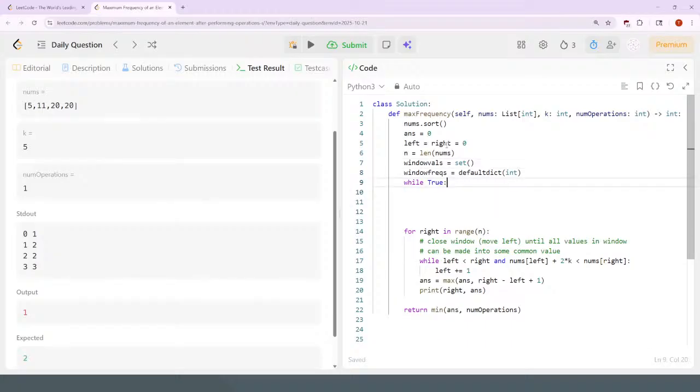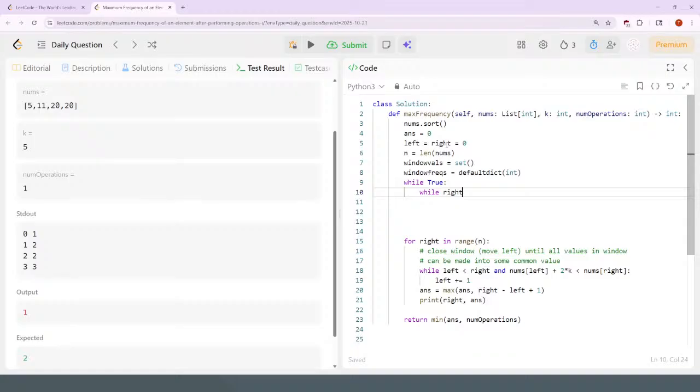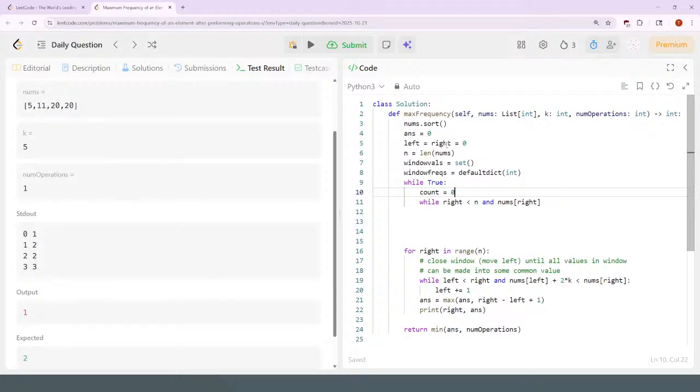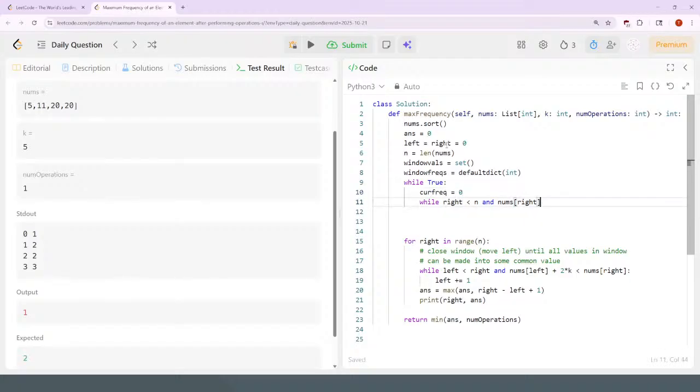I think maybe I can have while right is less than n, and nums at right, let's say current frequency is 0. Nums at right is